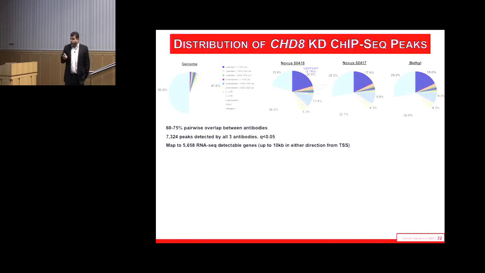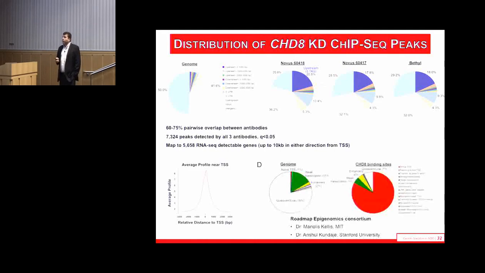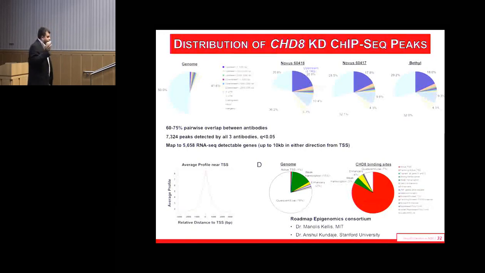And what we find overall is an enrichment for CHD8 binding sites in the upstream region of the gene near the transcription start site. In fact, if we look at the epigenetic roadmap data, there's a very, very strong enrichment for active transcriptional start sites for CHD8 peaks. So repressive function, activating function, where it binds, all of this certainly suggests that for a large number of genes in the genome, CHD8 plays some role in activating or repressing them.